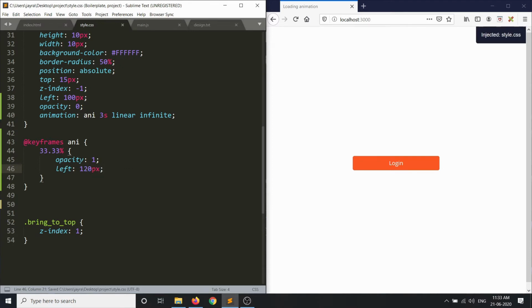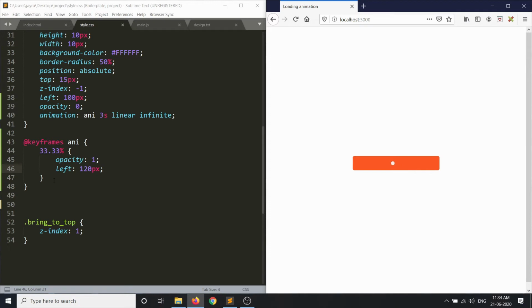That is, we want our circle to move from 100 pixel to 120 pixel. Let's see if that is happening or not. Correct. Now what is happening right now is the circle is having opacity of 0 at the beginning and then it is traveling to 120 pixel by the end of 1 second and opacity is changing to 1.